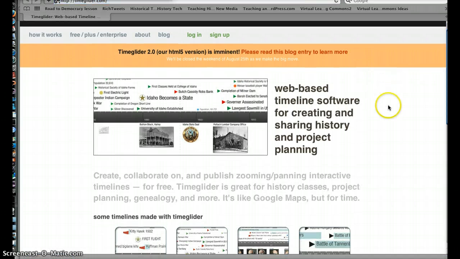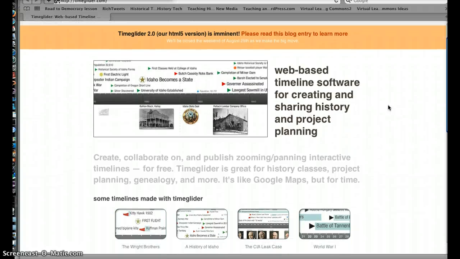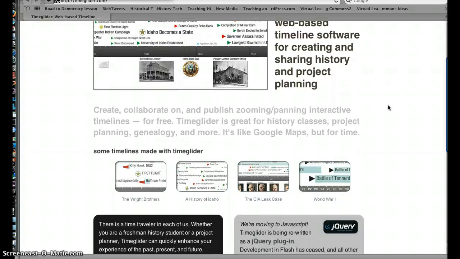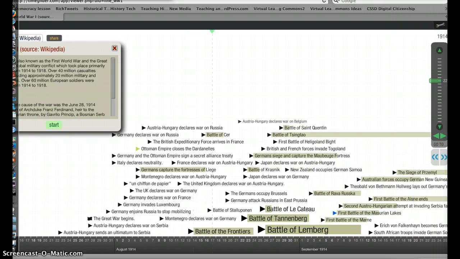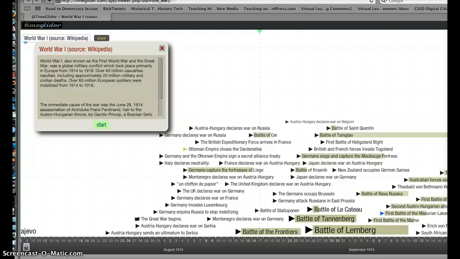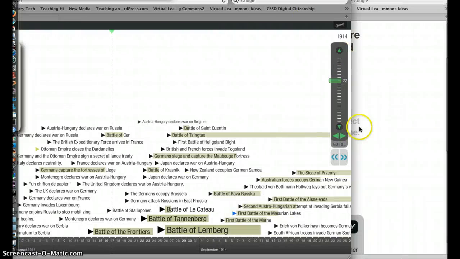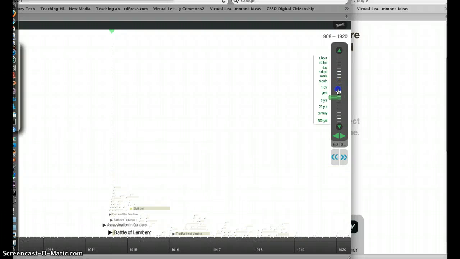One of the good things about it is that you can have a lot of information, and the range of dates you can have is pretty much infinite. It can be a week, or you can do a centuries-long timeline. So there's a lot of options there. But what you end up with is something with a lot of information like this, which can be a bit overwhelming. One way to combat that is on the right hand side, there's a zoom in, zoom out. So it stretches it out a bit, but it still is just a lot of